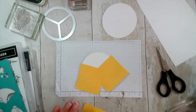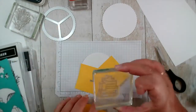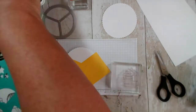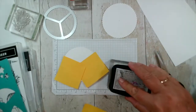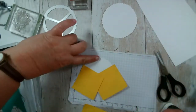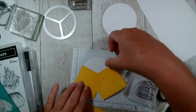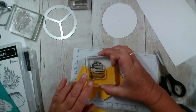Let's do the presents first. So I know that I don't want to come too far off the top, or the top will be cut off. So let's grab some black and give this a go. So I know that the top of this element here is inside of a line that I can see. I'm not sure that you can see it. So what I'm going to do is position the presents so that they